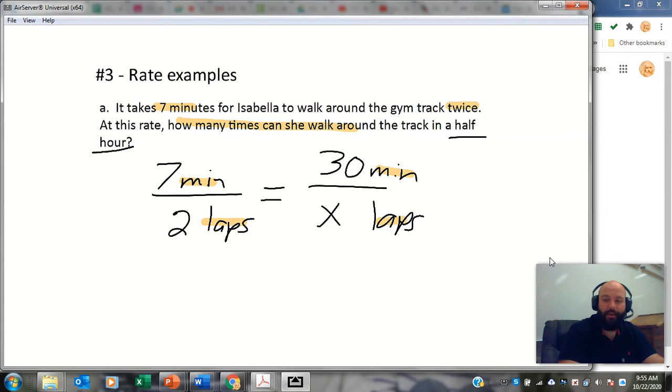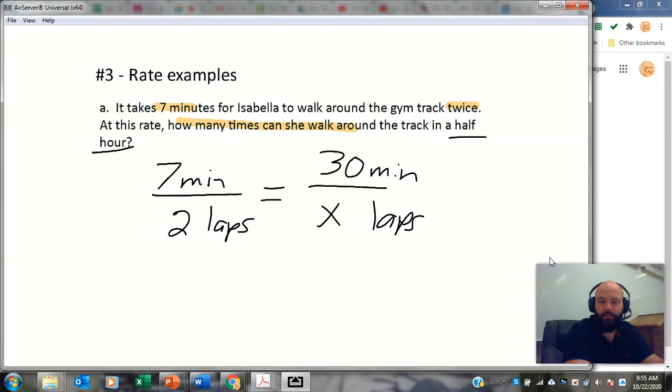However, the other ratio would also have to be labeled that way. So you would also have to have laps over minutes. So again, you have to be consistent with your labels or your units. So if minutes is on top in the first ratio, it's got to be on top in the second one. And so now that we have our proportions set up, this problem is very similar to what we did at